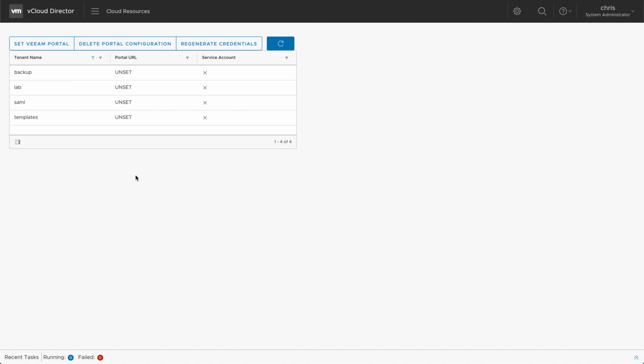For those that are already familiar with the previous version of the plugin, they'll notice a couple new things, namely the Regenerate Credentials button, as well as the Service Account column. And these additions are to support the SSO feature. So let me get into it and show you just how easy it is to do this provider side configuration